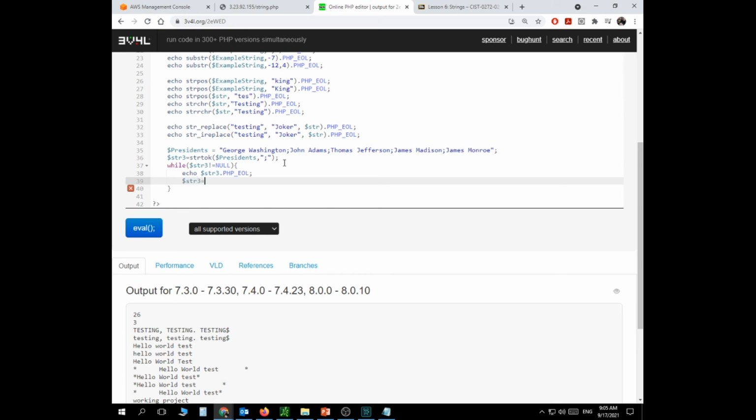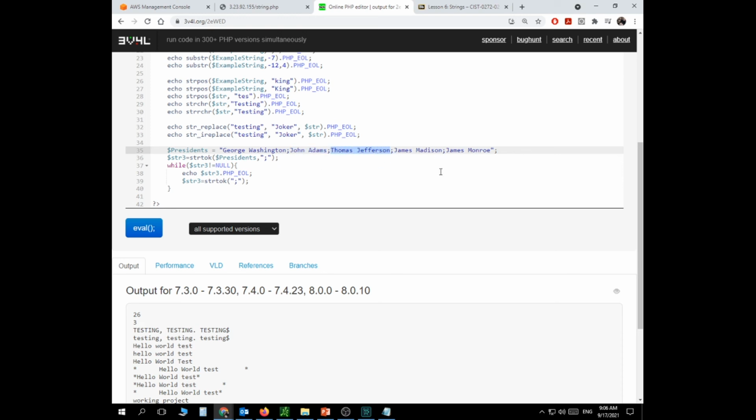And you have to actually come here and type this after that: str3 equals strtok again, and you have to put the token back, because with every single iteration it's going to look for the next token. So at the beginning, this is me looking for the token for a president, which is going to get that job done here. Then it's going to show me the first president, and then look for the second token. So it's going to take James here, and then